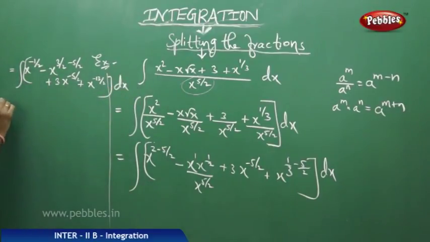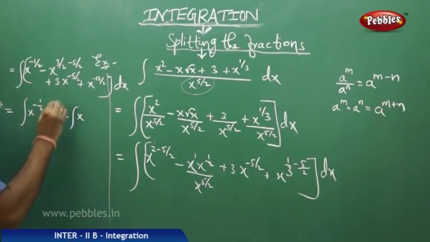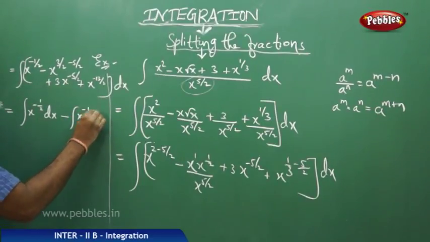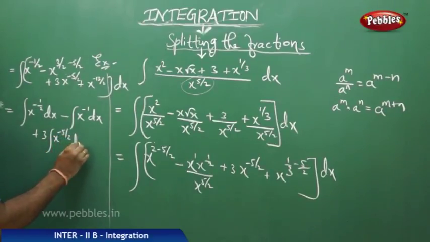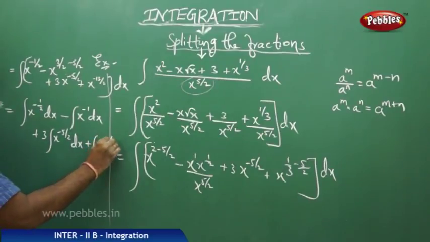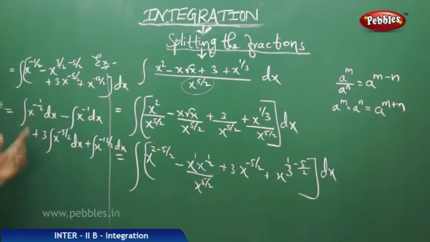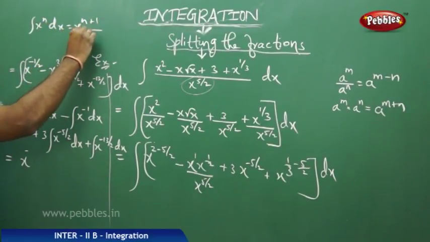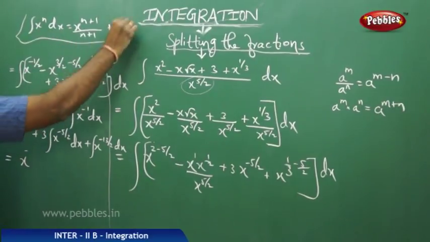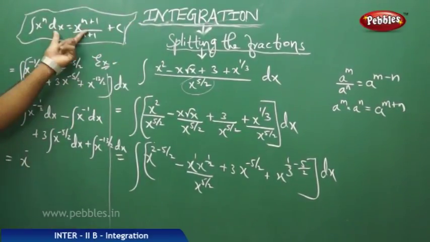of this. Now this, on splitting the fractions, I get x power minus 1 by 2 dx minus x power minus 1 dx on LCM plus 3 times of this dx. Now this, on simplification, gives integral x power n dx is x power n plus 1 by n plus 1 plus c. So using this, I get